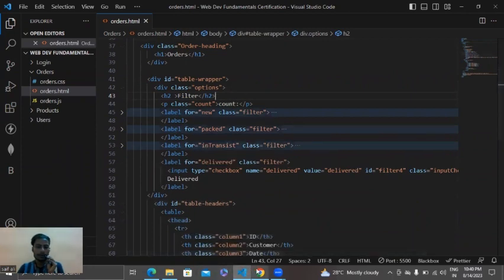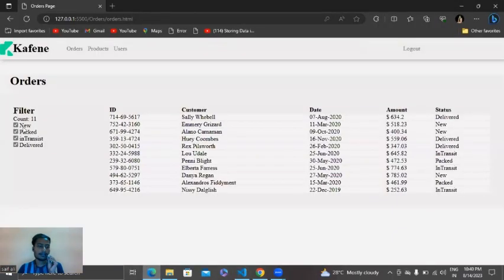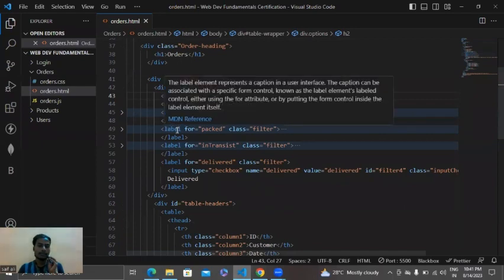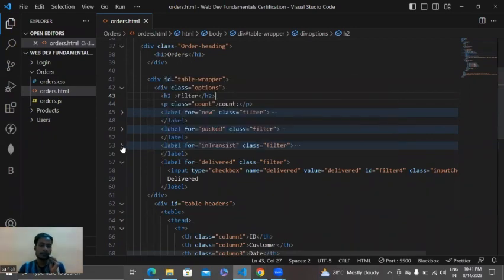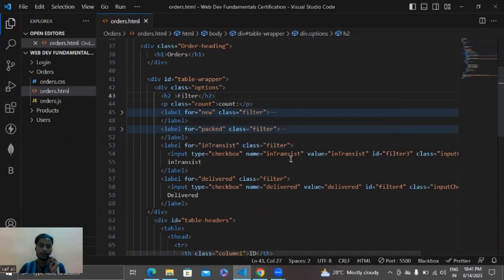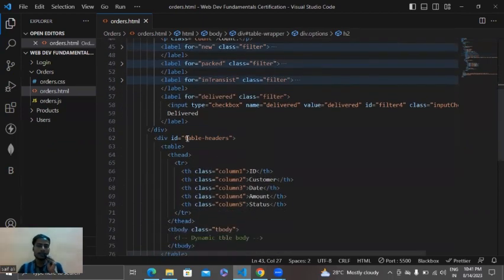So as I have shown here for checkbox one, two, three, according to this component, I have created four labels with the type of checkbox and given some classes and types and its value. In the second component, I have created